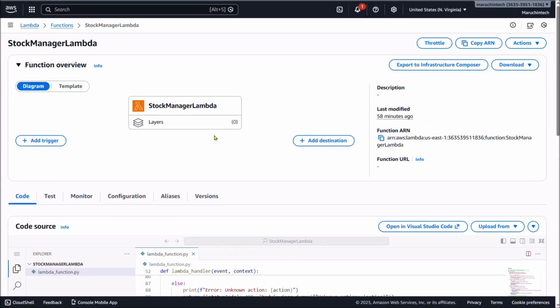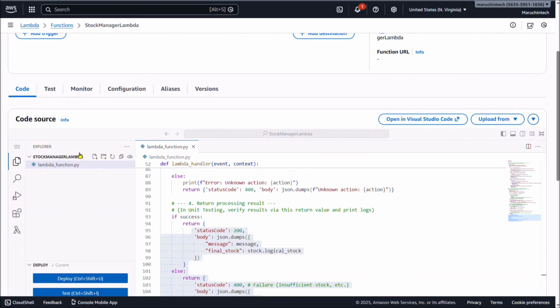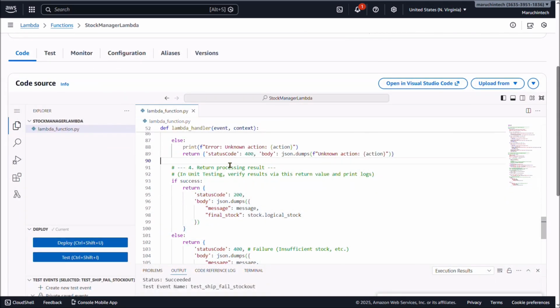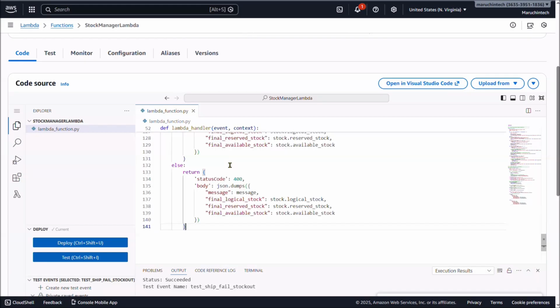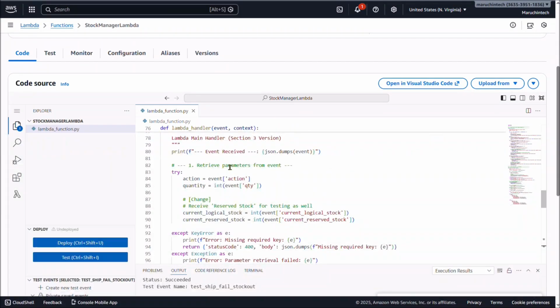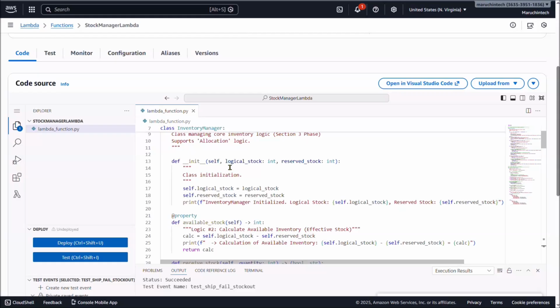So, continuing from the previous section, we will deploy the code to the Lambda function named the stock manager Lambda and execute the test. So using the same operation as before, open the code tab and input the Python code directly here, and I will copy and paste it as is. So inside here,